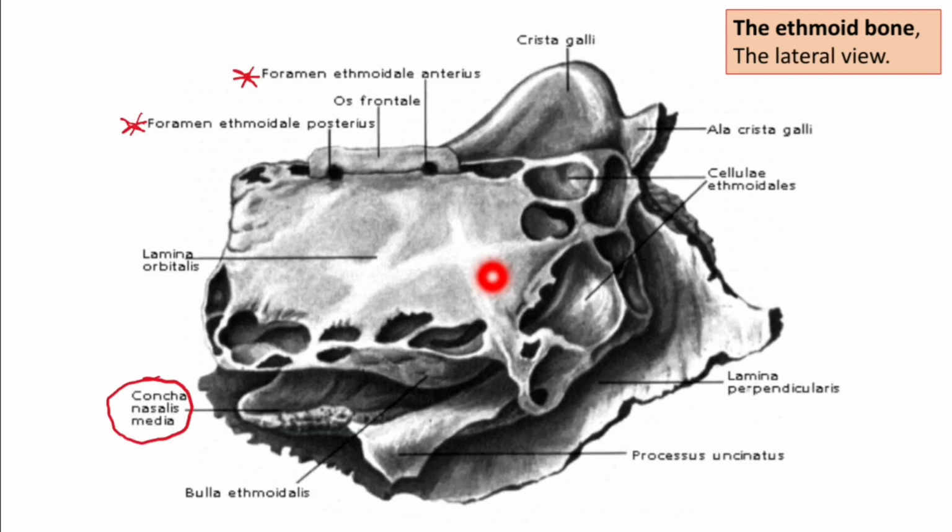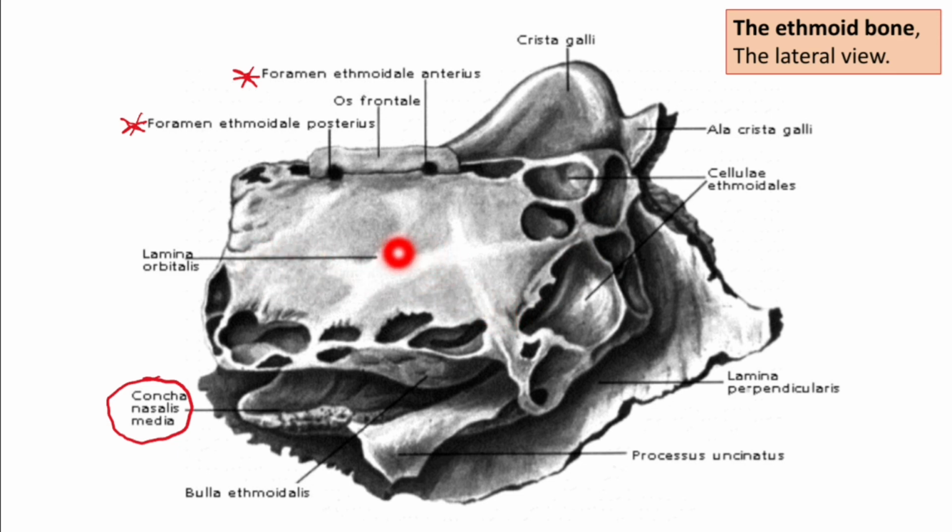Here is another view, lateral view, right? So here there is this articulation with the frontal bone, because without it there would be little notches, but on articulation they form foramens. Foramen ethmoidale anterius and foramen ethmoidale posterius. That's the anterior ethmoidal foramen and posterior ethmoidal foramen. This is where the nerves and vessels of the same name pass through, right? You can appreciate the crista galli here, ala crista galli, right? Ethmoidal cells, cellulae ethmoidales,